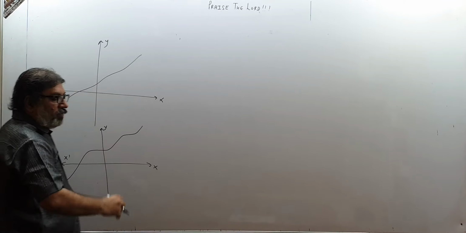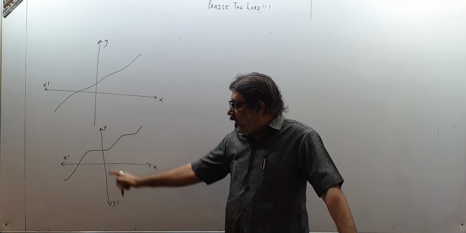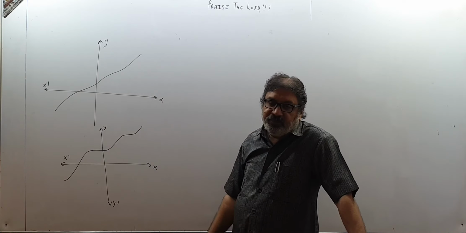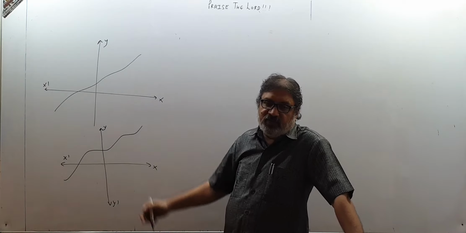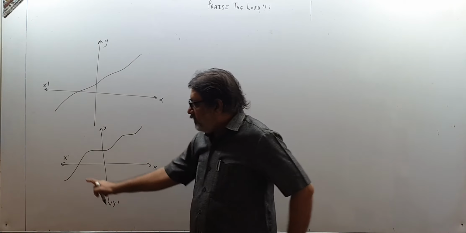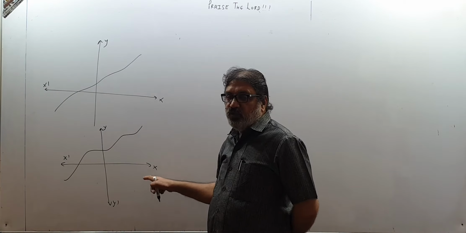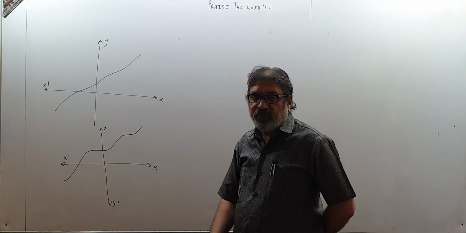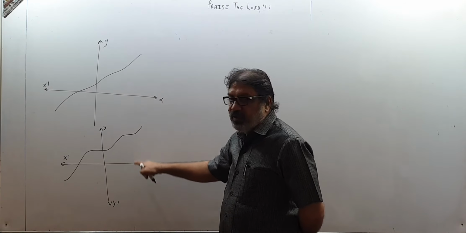See children, as I move from left to right, my graph keeps on rising. Sometimes it becomes constant also. So if you have this type of graph, that as you move from left to right, you feel that your graph rises, then this is called an increasing function. Because x will increase when you move from left to right, the value of the variable will keep on increasing. You know from the x-axis we get the value of the variable, and from the y-axis we get the value of the function. So as x is increasing, the function's value is also increasing.